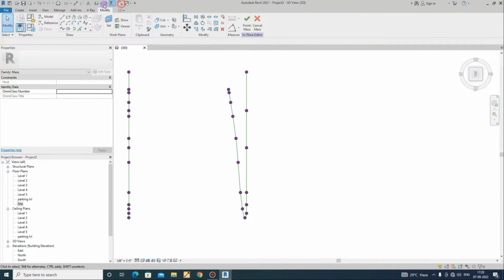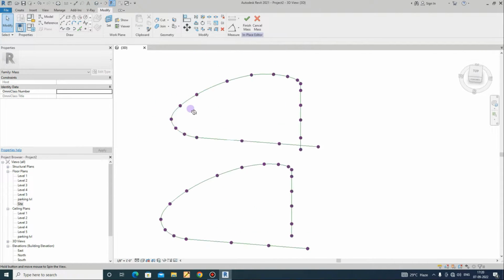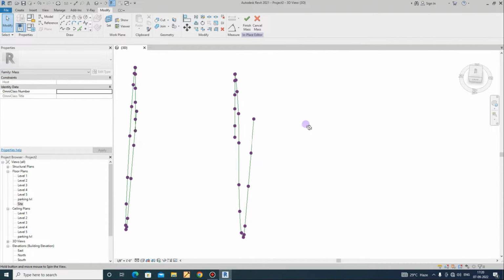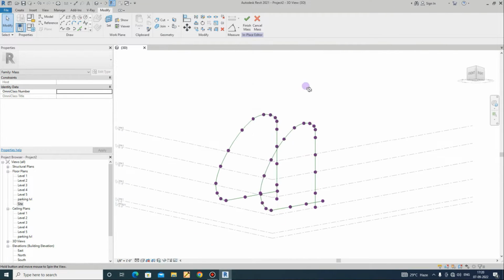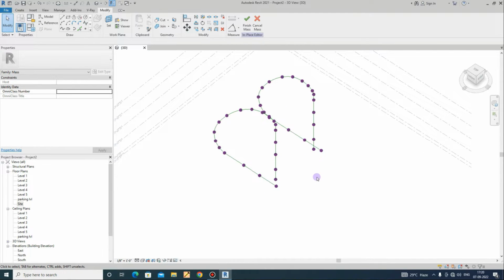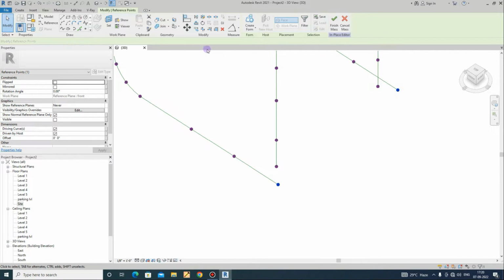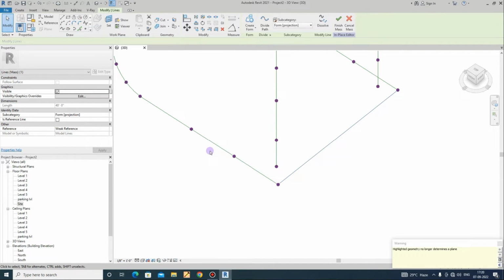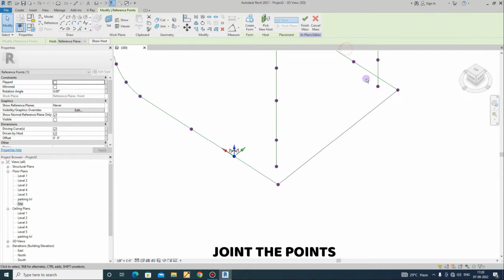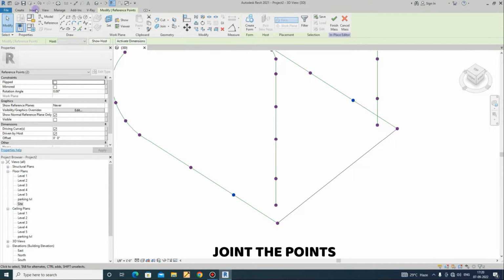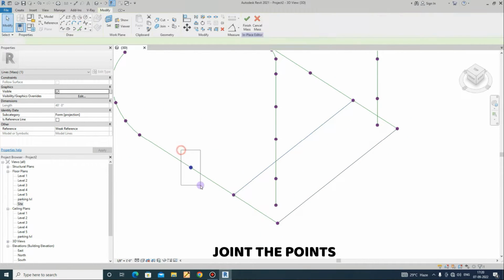Okay, so now it may take too much time to do more modeling. Okay, now it's open. Now let's join the points. One, two. Same way, join all points.